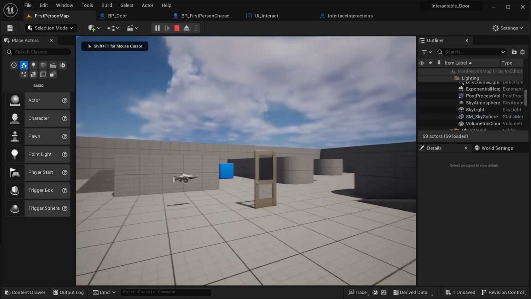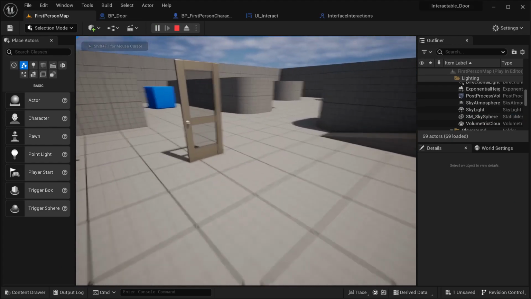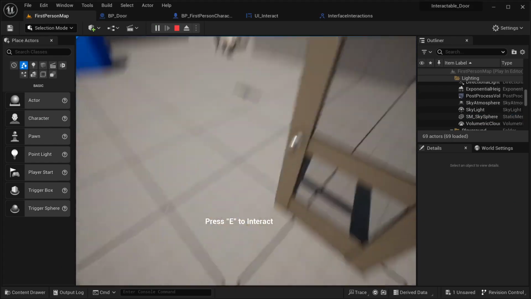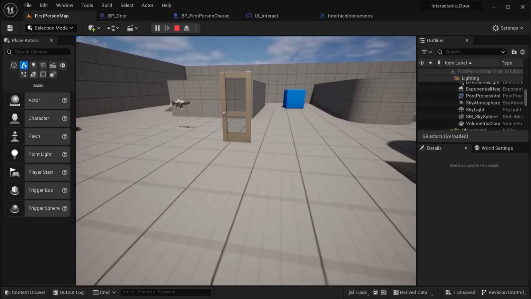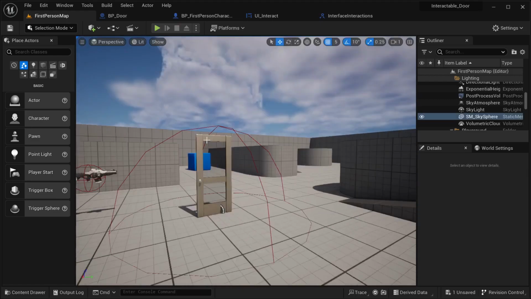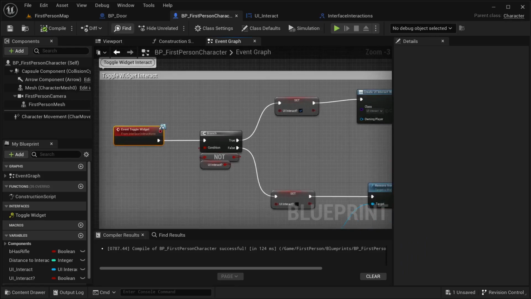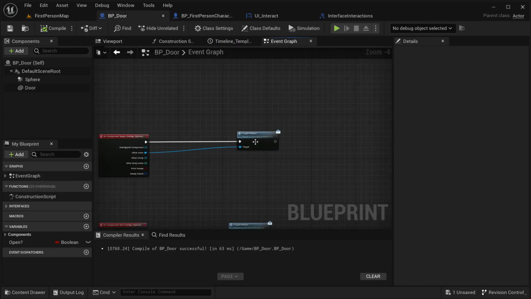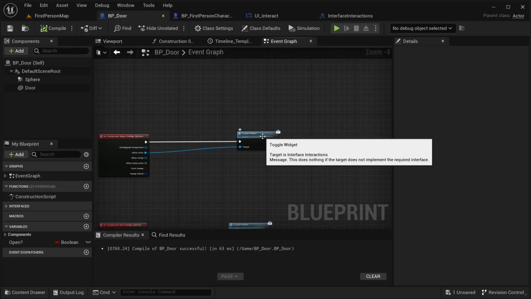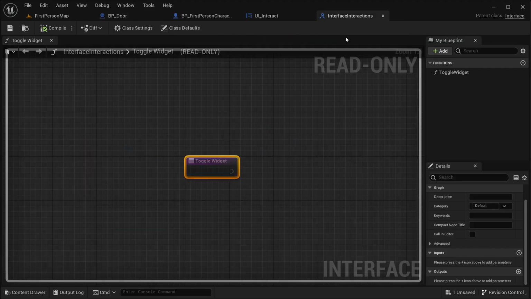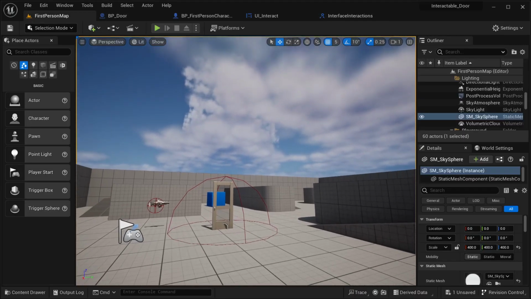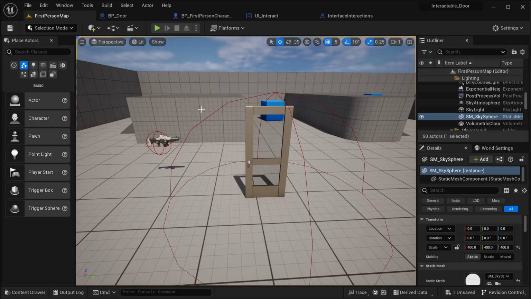So if it is working, it should display the widget for me. Let's see. And as you can see, it is displaying the widget for me. If I go away, it's not displaying anymore. So as you can see, we were able to replace this entire interaction with our interface, so that the drawback on the forms is a lot less, and it's a little bit easier so that you can use this in multiple objects. So let's say you have multiple objects that you want your player to interact with, you could use